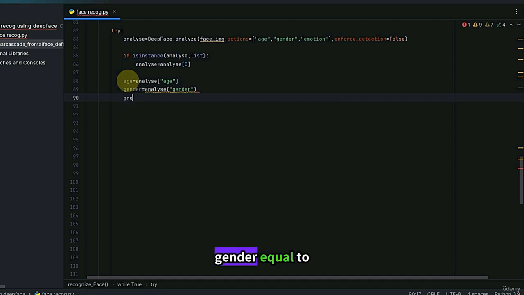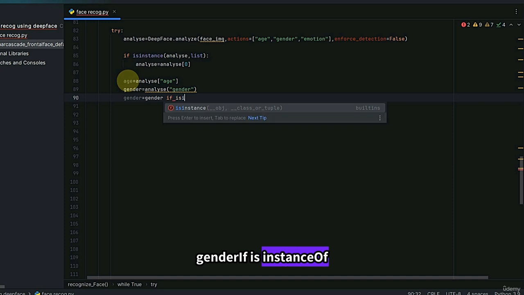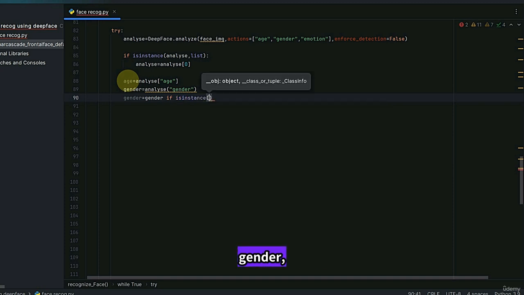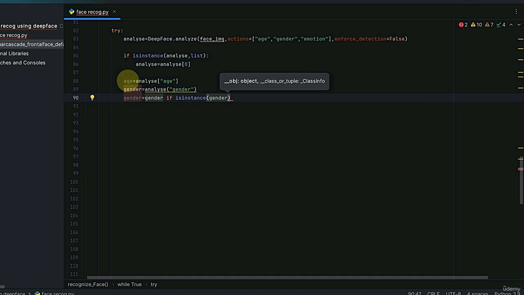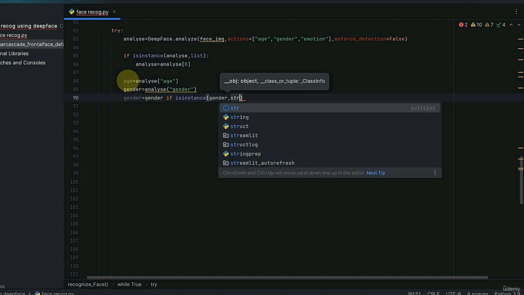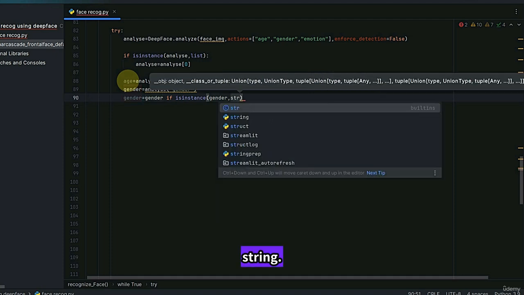And then you have to type gender equal to gender if is instance of gender, comma string,